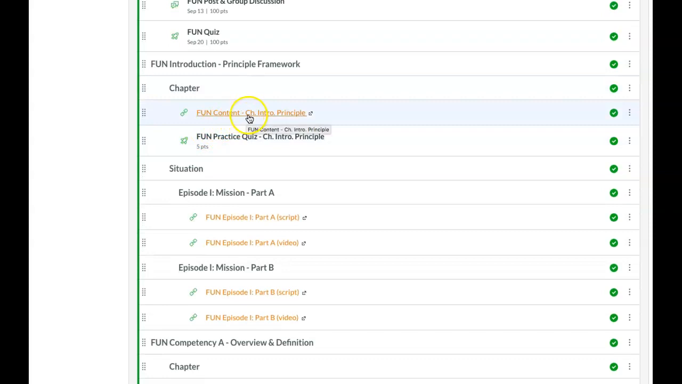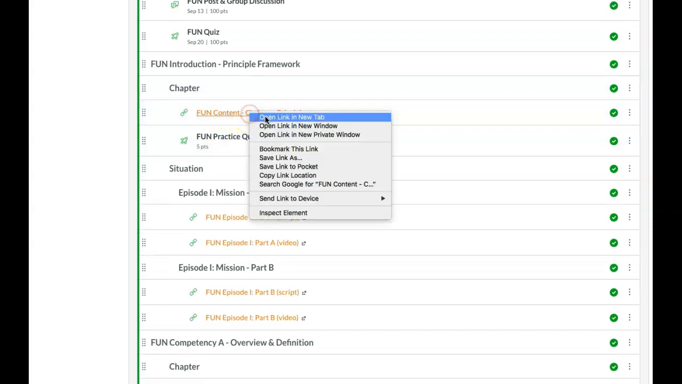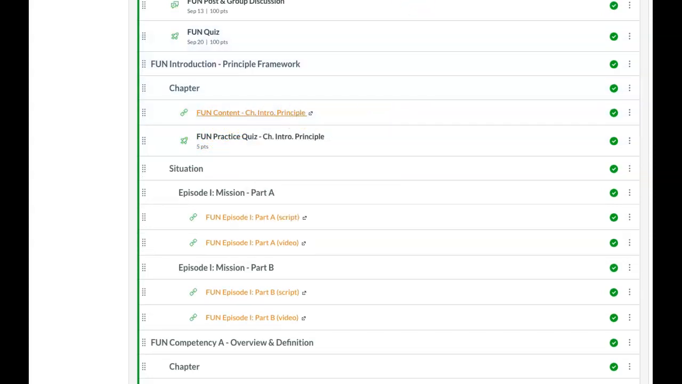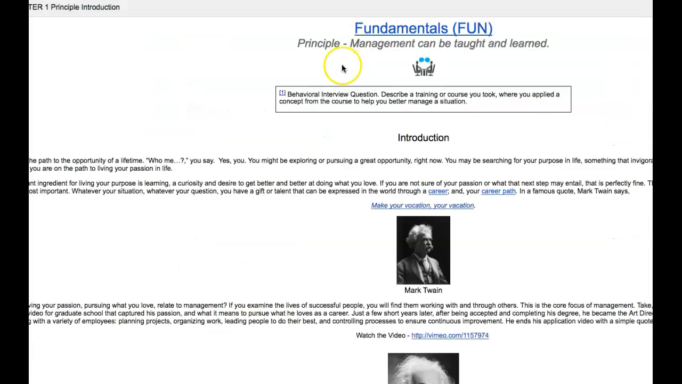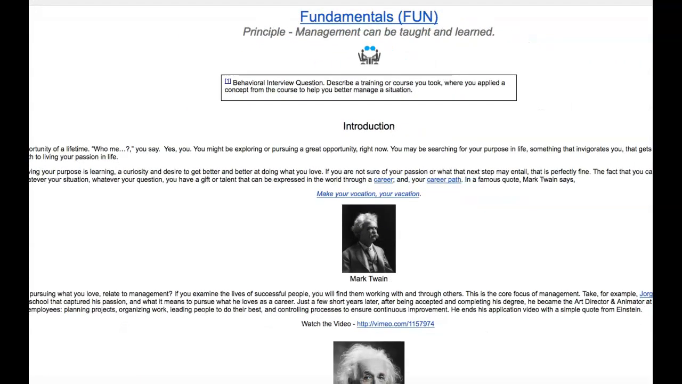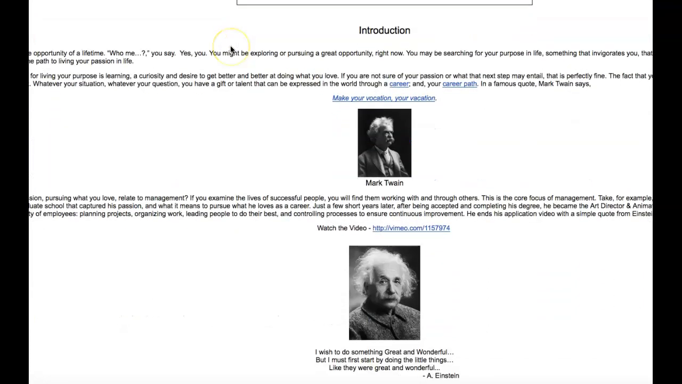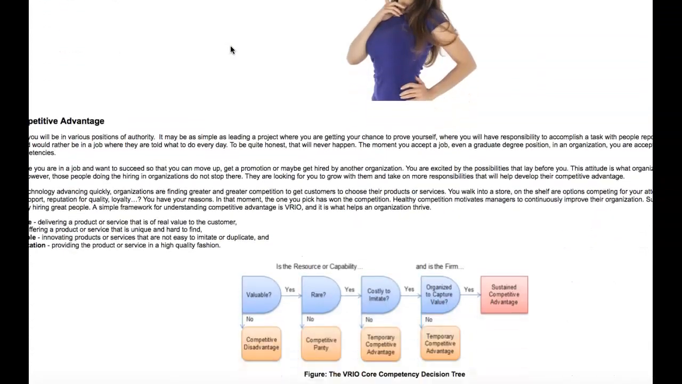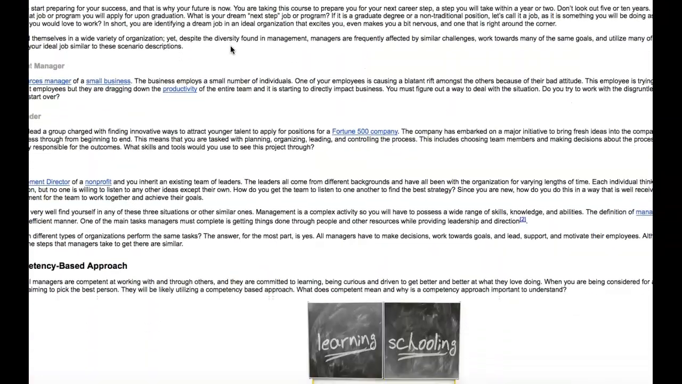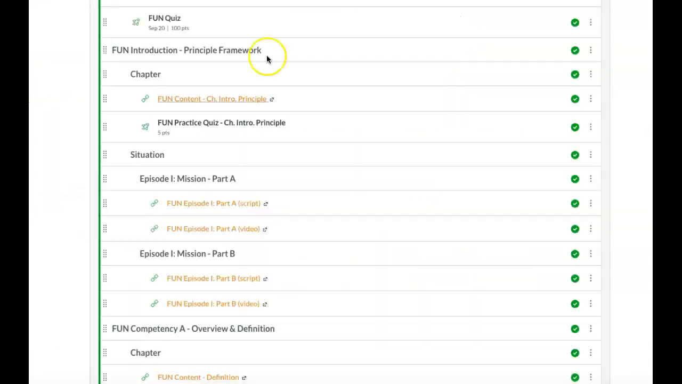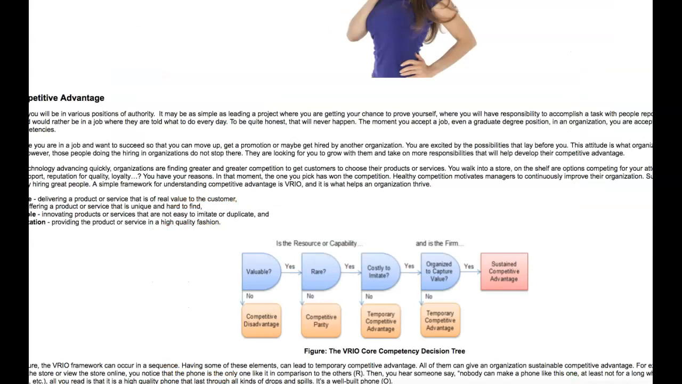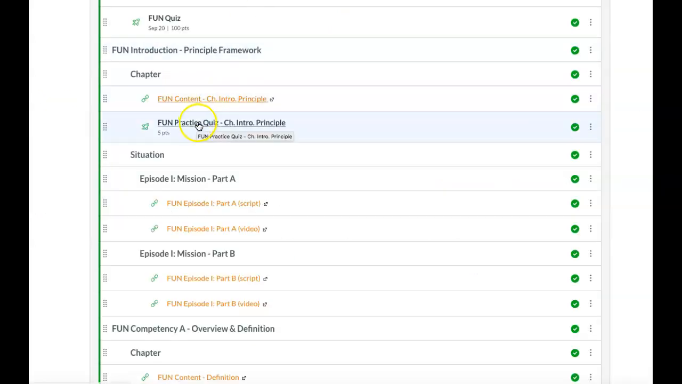Then when you get down here, this is the first content chapter. Notice I right click that to bring it up. And here you're seeing the text. And so you want to read that. And then you have a practice quiz related to the content in the text here. So you can go take your practice quiz, and I think you get 3 tries at that,